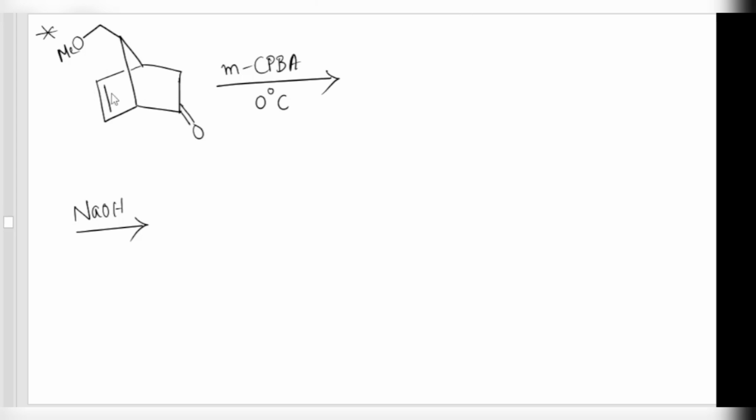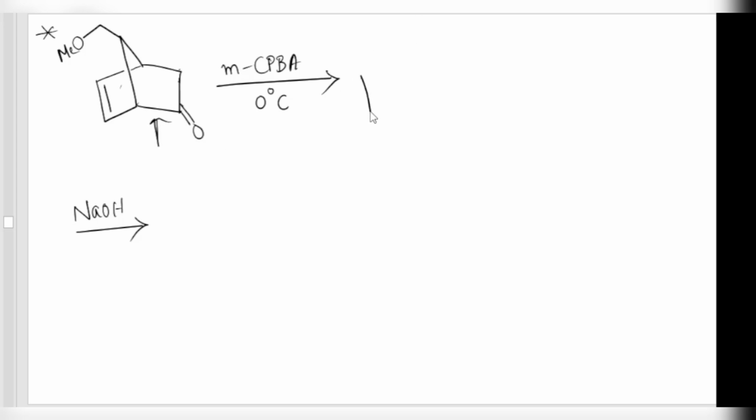Over here we have a double bond, and here a carbonyl group is there, and also the reagent m-chloroperbenzoic acid. A peracid can do two jobs: epoxidation over the double bond, or normal Baeyer-Villiger oxidation. In this case both are possible, but the major one we will get is the Baeyer-Villiger oxidation. Here is the tertiary carbon and here is the primary. Definitely oxygen will get inserted over here,